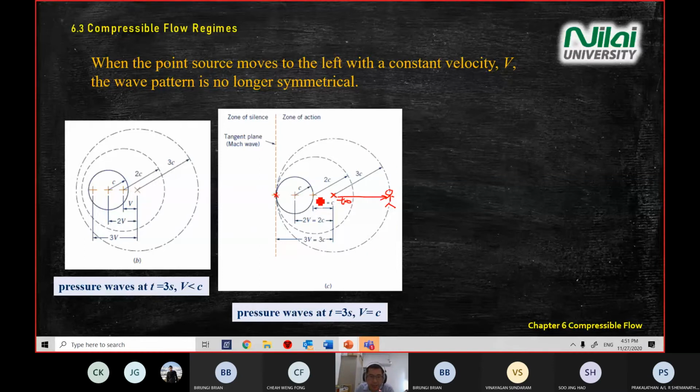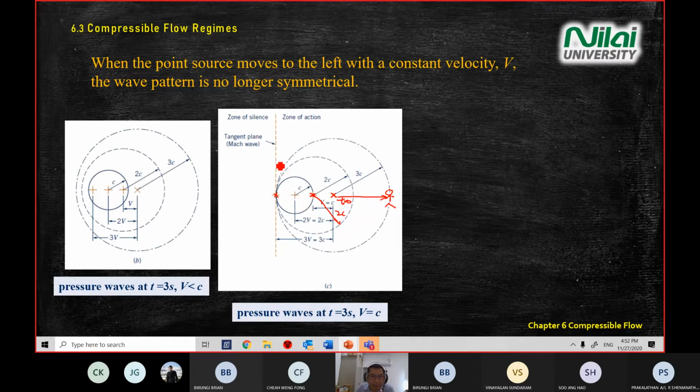And you move the source to here. This source, we're going to generate the second wave here, second pressure wave with 2c. The distance is v equal to c. Right, the distance is v equal to c. So you'll have 2c here. Then after 1 second, you move to this one. You'll create another new wave here. And if you combine the first 3 seconds,